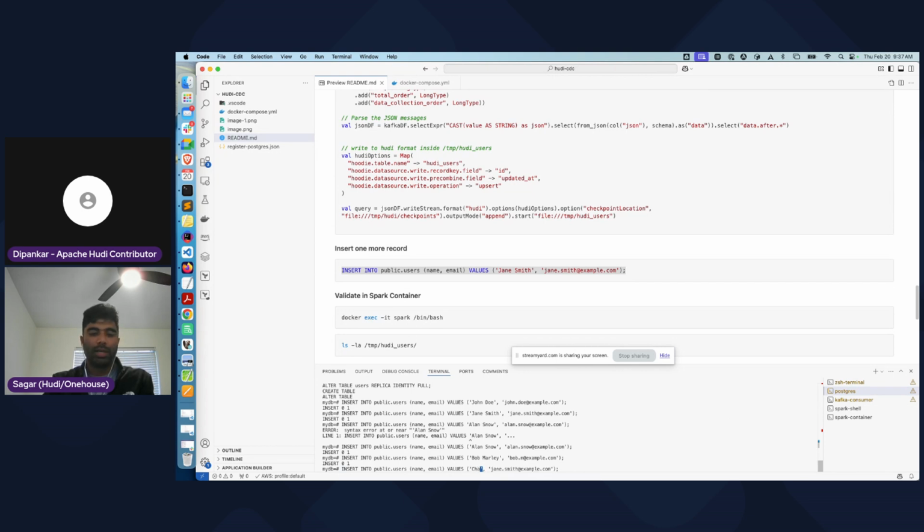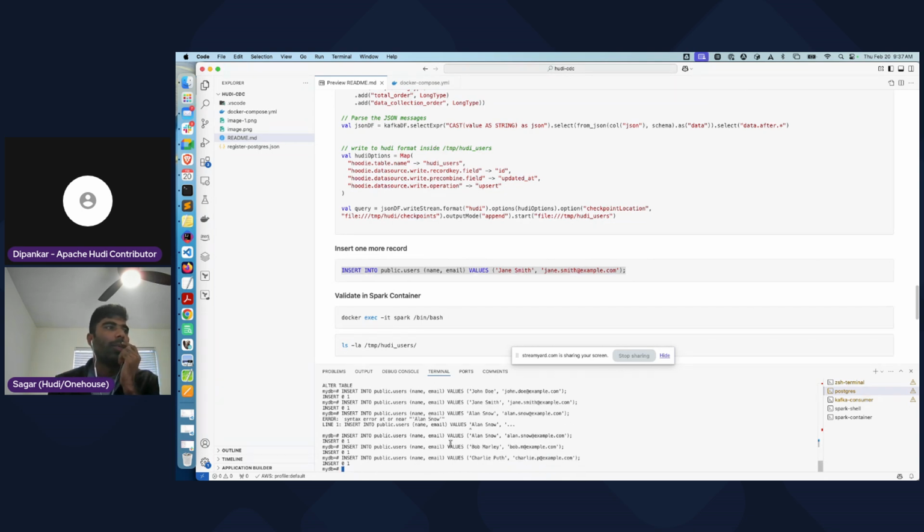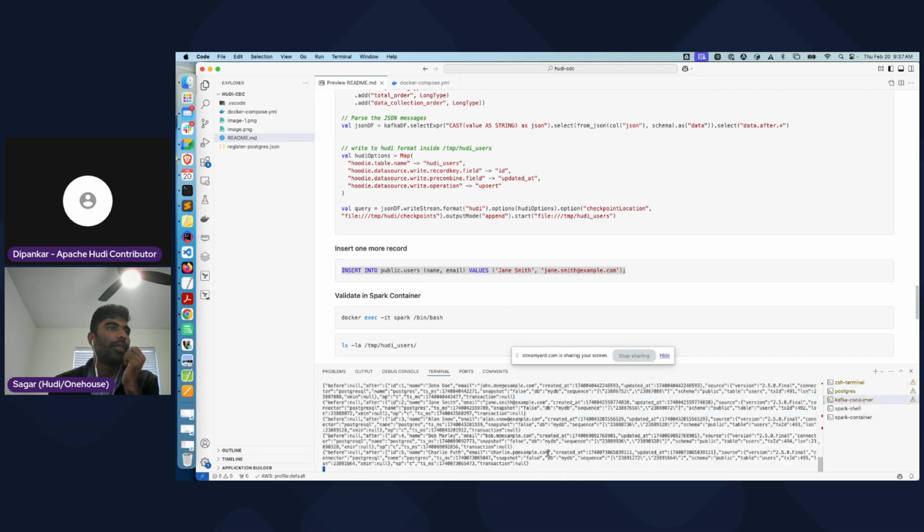Let's do Charlie Pew, Charlie P at example.com. Now, once I've inserted it, my Postgres is showing a successful message. Let's go to the Kafka consumer and see what happens, right? If you see the Kafka consumer, I'm just printing whatever is happening inside it. There's a new ID coming in. The character's name is Charlie Pew, and there is an email,